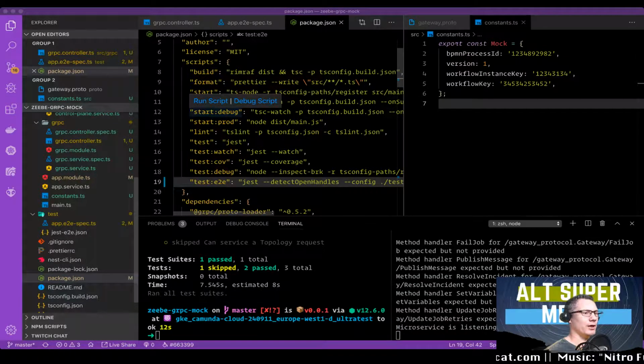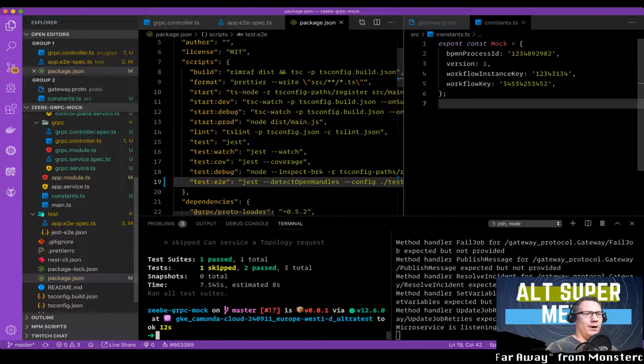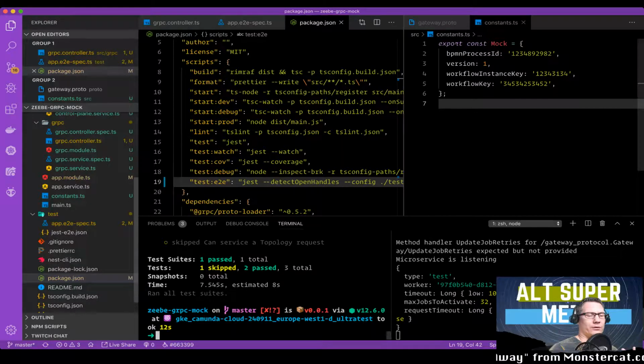I'm just pushing my changes to the Zeebe node client and pushing that branch to my origin. Okay, Zeebe gRPC mock. So look, we got a mock that works, right? So now, on the control plane,